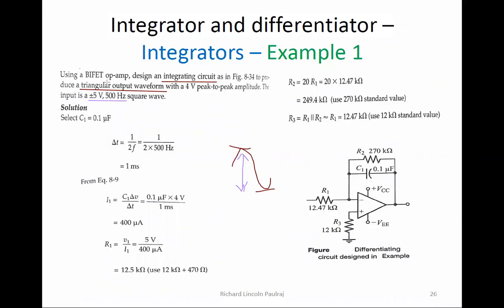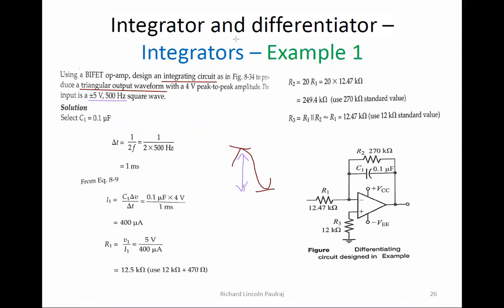Just a base circuit will be given. The R1, R3, R2 values will not be given. You will have to assume a few values, just like how we have taken C1 here, and design the others. So let us select C1 equal to 0.1 microfarad. That is a standard value. Even in your practicals, you would have seen that capacitance is taken as 0.1 microfarad.